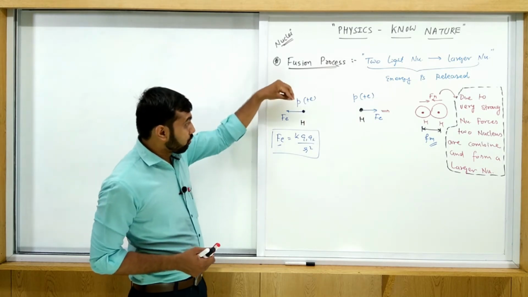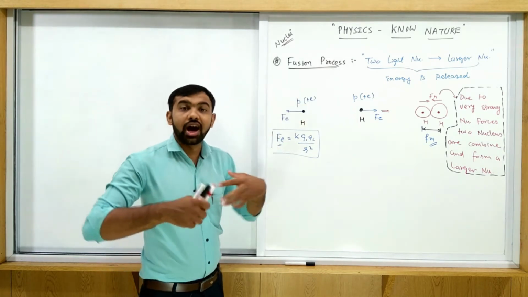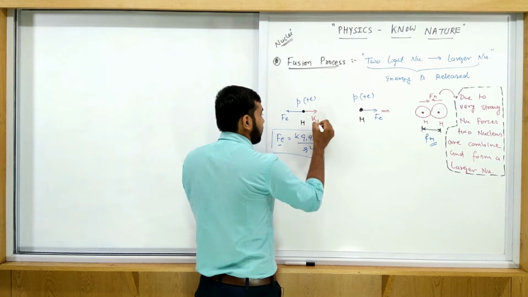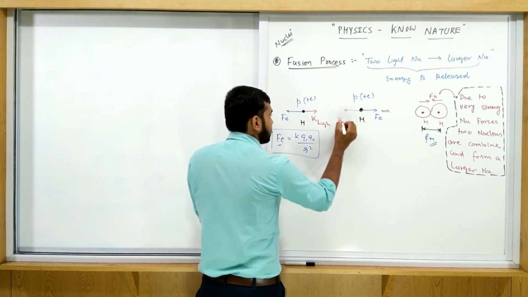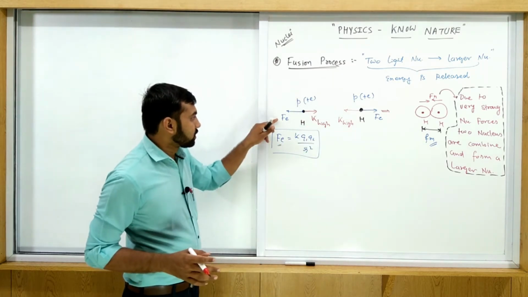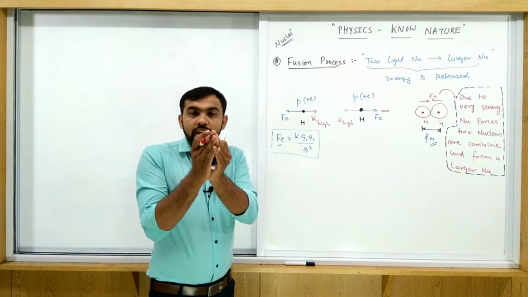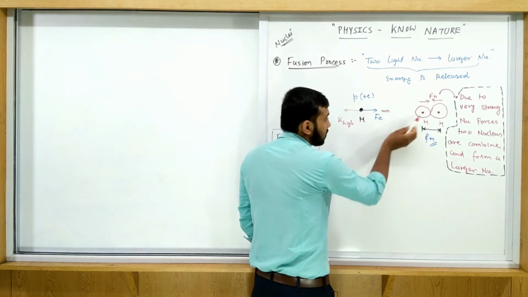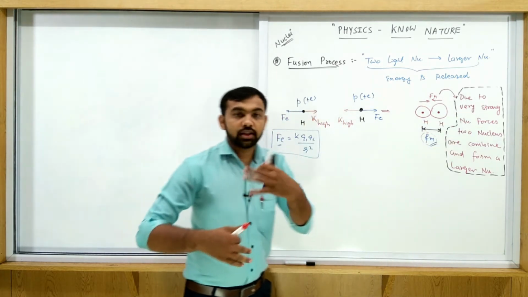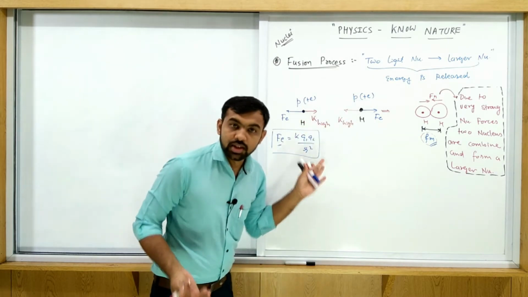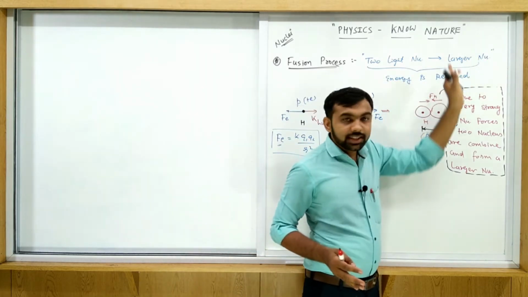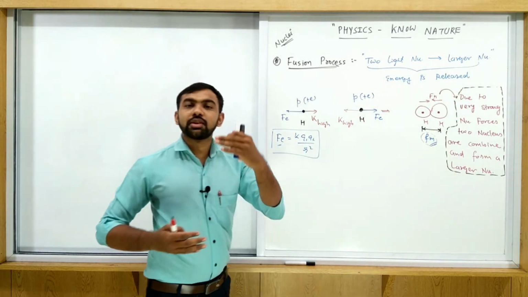So it means both the nuclei must have much higher kinetic energy. If both are moving with very high kinetic energy towards each other, then due to this high kinetic energy, this force is overcome, and both come very near to each other. And then when both the nuclei are just in the range of a femtometer, the strong nuclear force is applied, and this strong nuclear force overcomes this repulsive force, and both the nuclei combine, forming a larger nucleus. And during this process, some energy will be released.